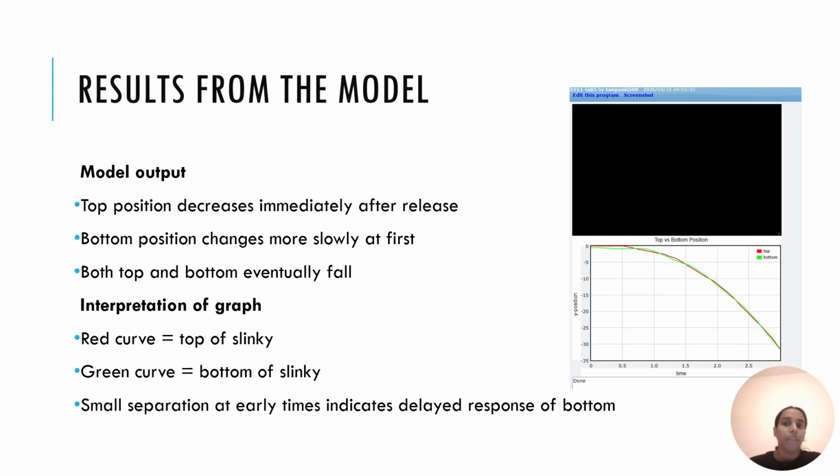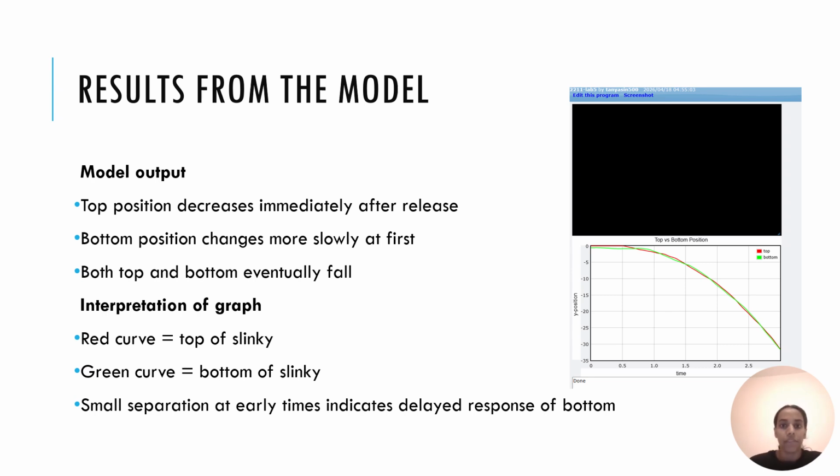This graph shows the main model result. The red curve is the top of the slinky and the green curve is the bottom. The top begins moving downward immediately after release while the bottom changes more slowly at first. There's a small separation between the two curves early in the motion, which means the bottom does not respond instantly. However, the bottom still begins moving much sooner than it does in the real video, so the model only partially